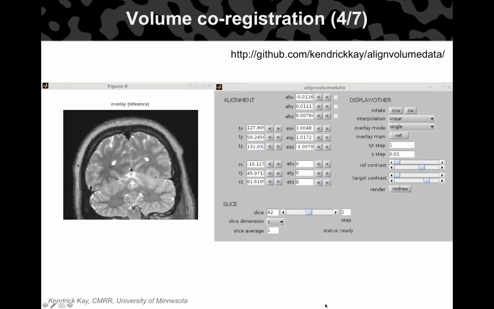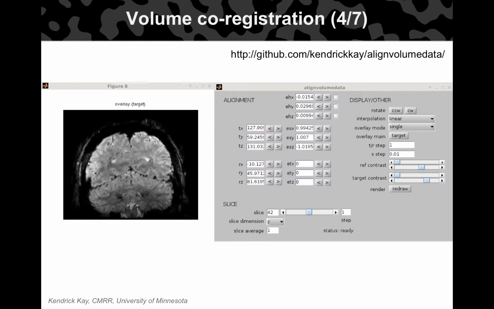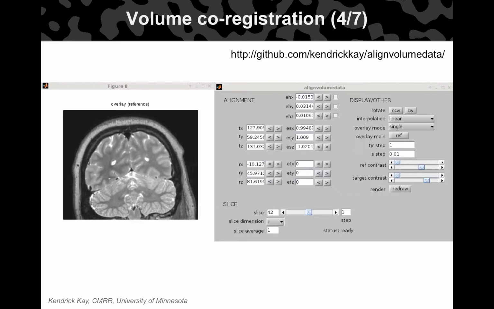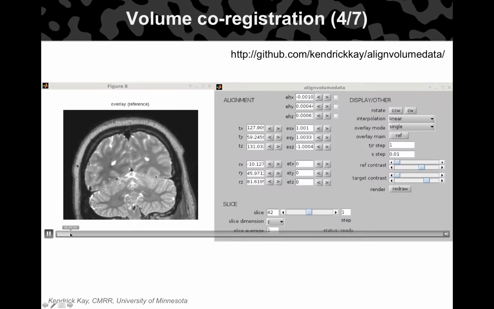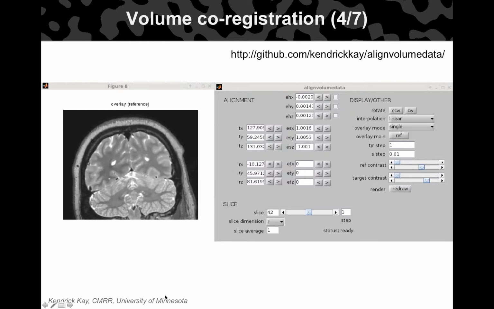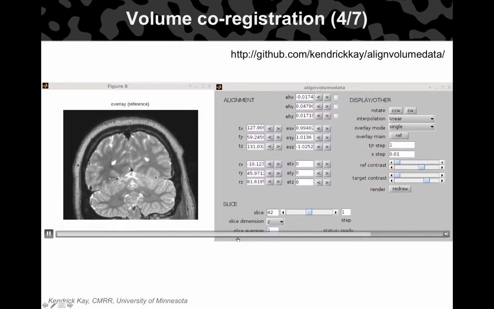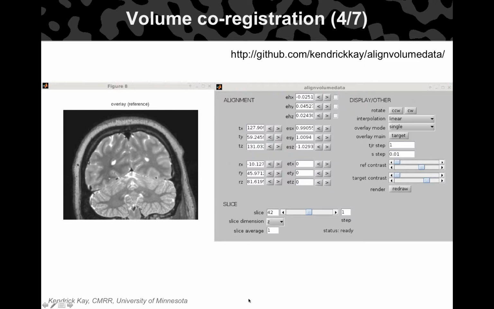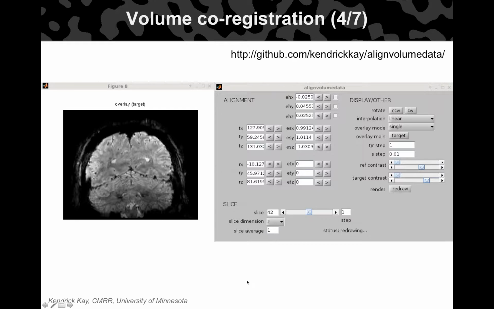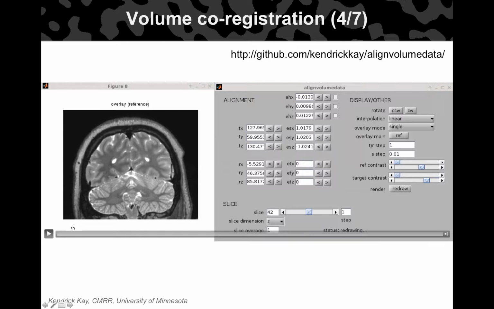Here we're going to optimize scaling. You can kind of see a stretching of this volume, although if you missed it, you missed it. I'll just start it back over at the beginning. Okay, so you'll see some stretching. There you go. So for many reasons, there may not be rigid body correspondence even between a brain and its own brain. We could talk about that. So in this case, it's now optimizing the scaling and shearing parameters. And then eventually, for this data set, it should look better.